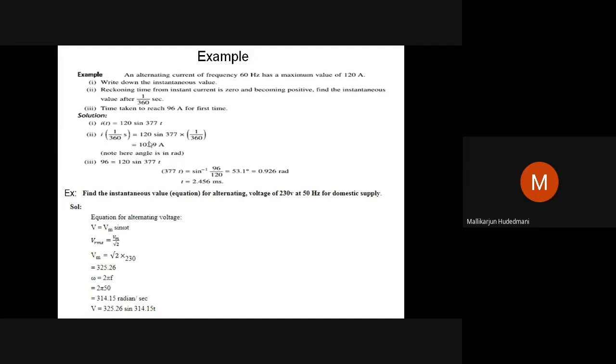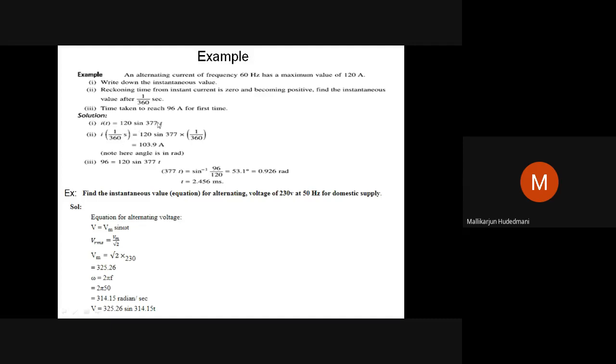That is a geometrical computation technique. So therefore, the first time occurrence value plays a role. Here it is direct: first time, 96 equal to 120 sine 377t. Operate it in radian. It can be put in degree as well as in radian, you can see side by side, but I suggest you go for radian mode only so that there will not be any confusion. So it is 2.456 millisecond. You can cross check this. Substitute this millisecond in the position of t. It should result in how much?